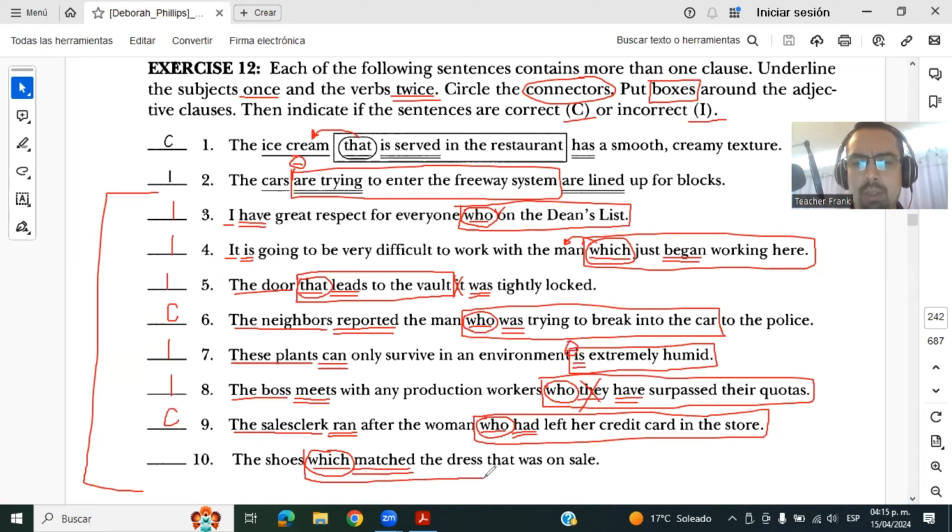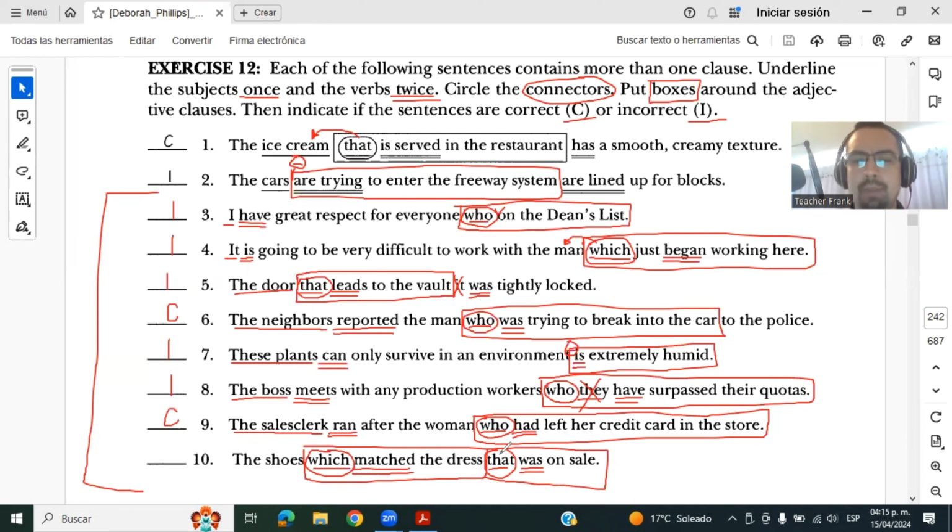Okay, and I think we're just going to get up to here, because we have another connector here. And then we have another subject, and I'm guessing this is another adjective clause. So we have another connector and subject because this is describing the shoes, I'm guessing, not the dress, but yeah,